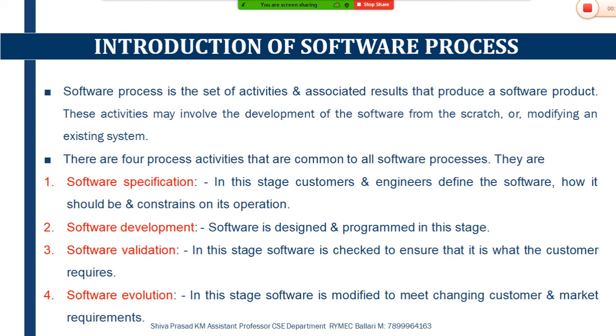How do we have to check? We have to check in such a way that the requirements which have been gathered by me in the first stage from the customer must be acceptable. All the requirements must be satisfied, and it must work in an appropriate manner. Then only the software can be delivered to the customer who has ordered it. So that is what the third step speaks about.